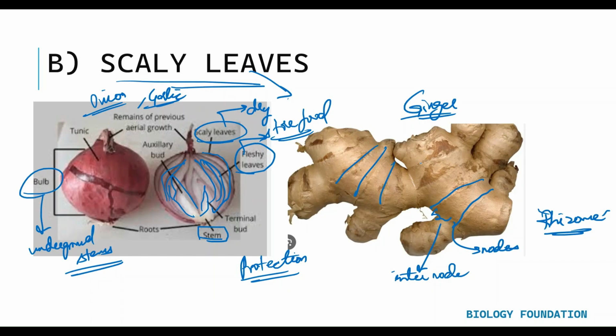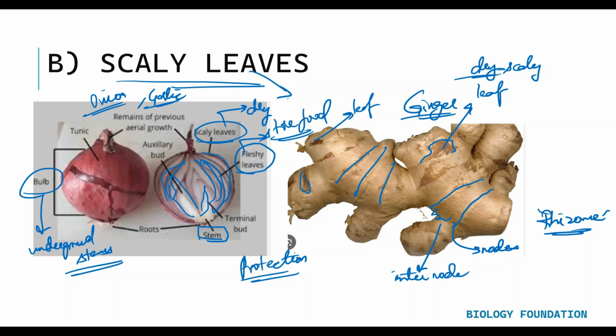And from the nodes, can you see these brown colored dry structures? They are basically your leaves that are arising. Even this is a leaf, the brown structures that you see. These are dry scaly leaves, and they are very small in structure. These scaly leaves are modifications of the leaf, which